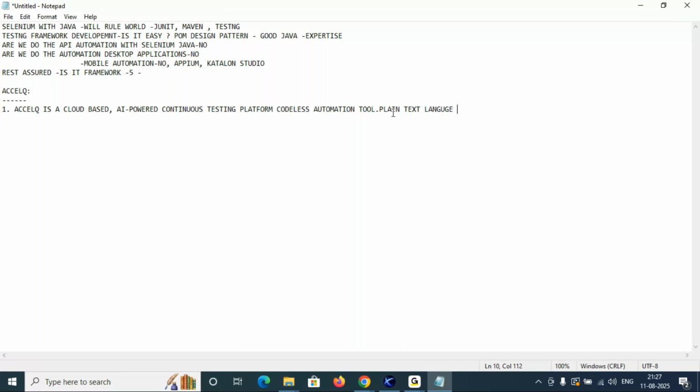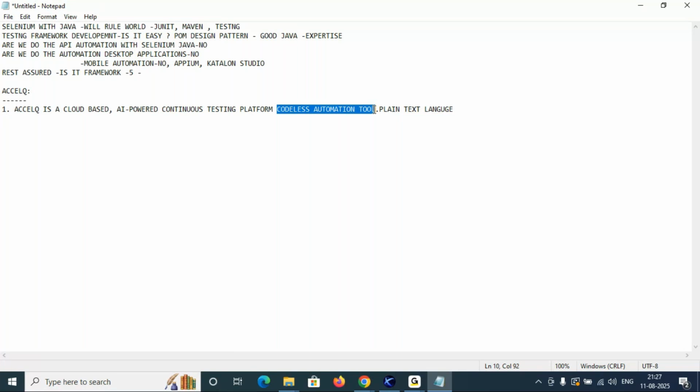Codeless means we do not use high level or object oriented programming languages like C sharp, Java, or Python. So no need to be an expert in all types of languages. We have a code, but it is a plain text language, like English grammar,